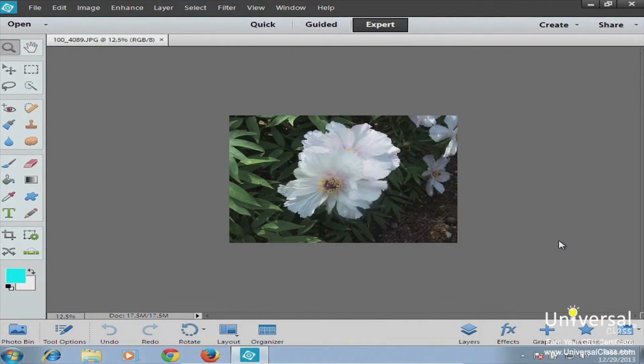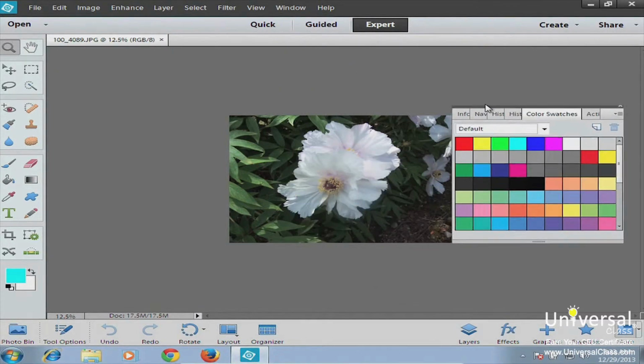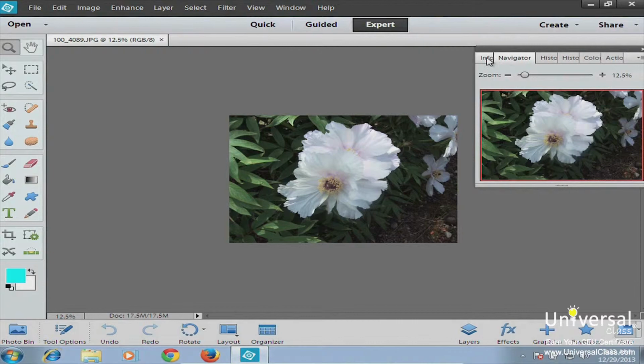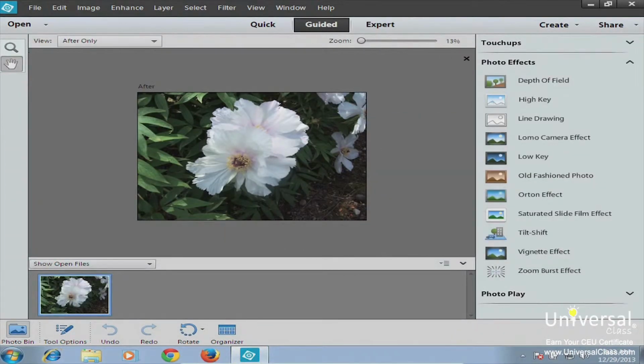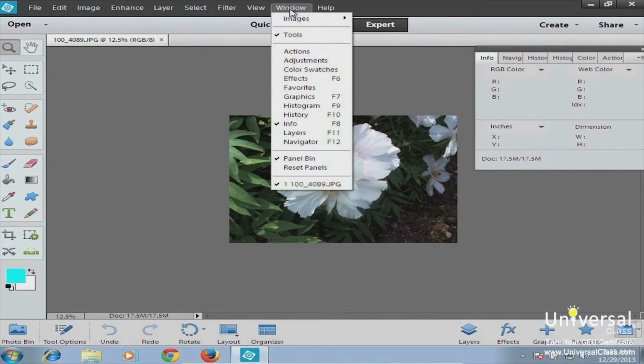Now let's talk a little bit more about the panel bin. All you have to do to view panels in the panel bin when you're in expert mode is go ahead and go up to Windows. And as you'll see here, you now have all of these windows which you can bring up in the panel bin area. So just go ahead and select, say, color swatches. And you can put it over here where your panel bin should be, and now you have some open windows with actions that you can go through and use when you're in expert mode. Now if you go over to guided, it's going to disappear, but when you're in expert mode, that panel will show up. You go back to window